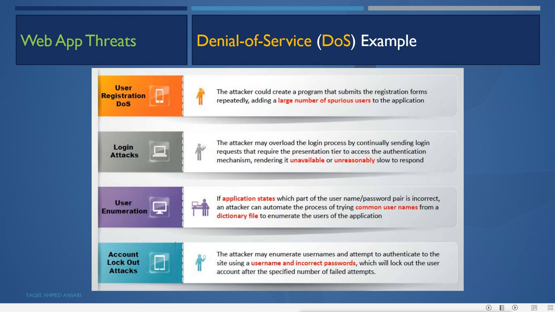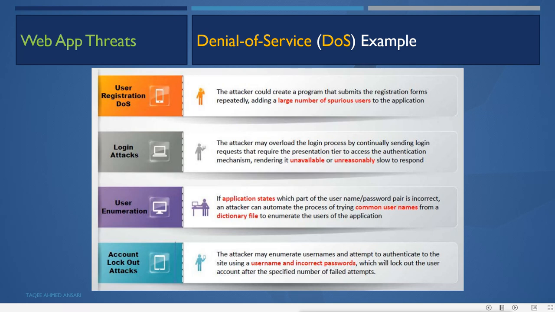Examples of these denial of service attacks. First, user registration denial of service. In this, the attacker could create a program that submits the registration form repeatedly, adding a large number of suspicious users to the application. Suppose we go to Facebook and create an account.